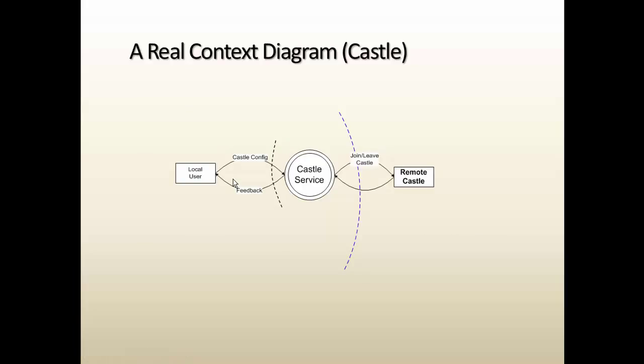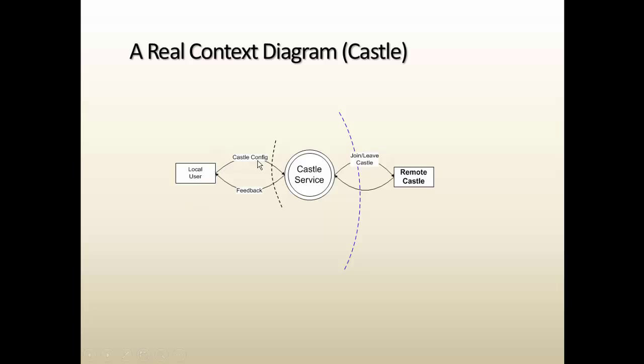So the example that he gives in here is one that we've looked at before, and it talks about guarding a castle. This is a contextual level DFD, so it's high level. If you were going to bring people in to start the threat model, you might start with a diagram like this. Why? Just to get everybody on the same page and to have a high-level overview of what you plan on doing. So you can see here we've got an external user,